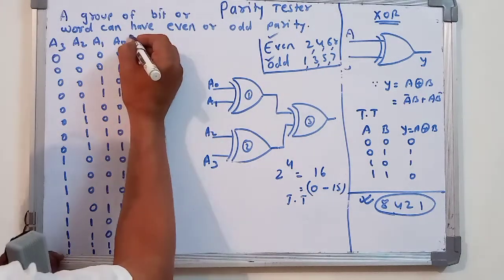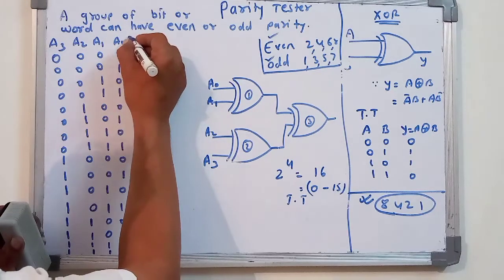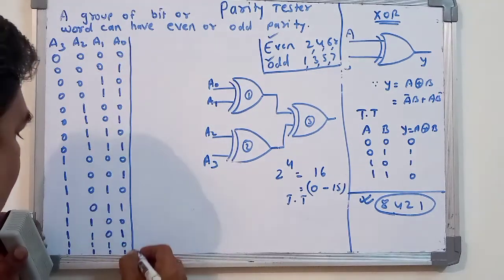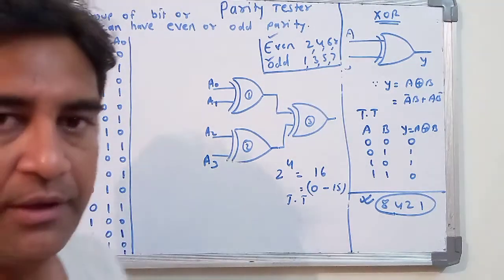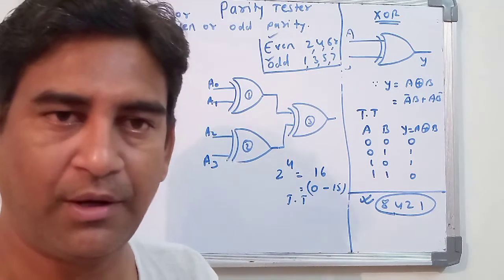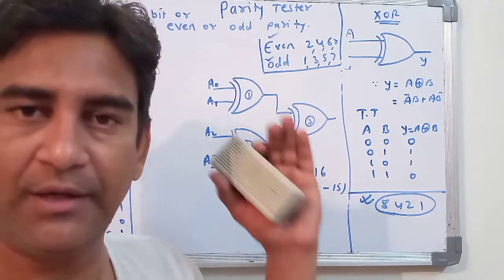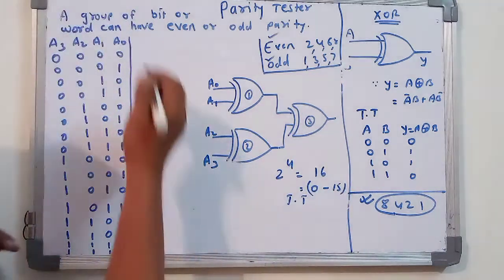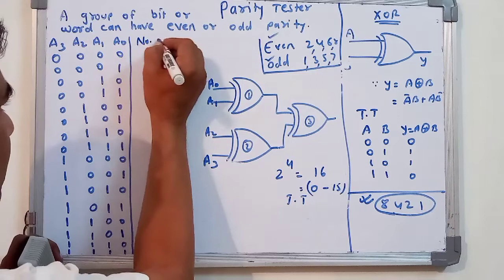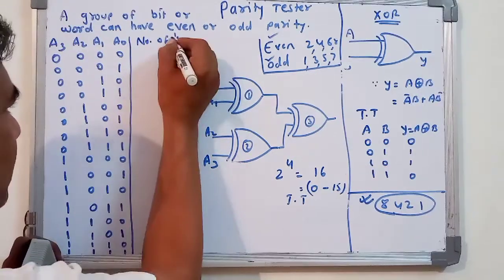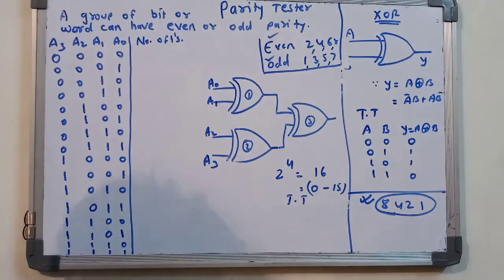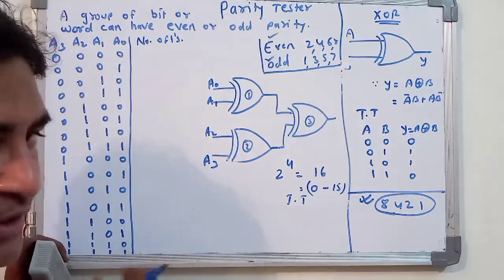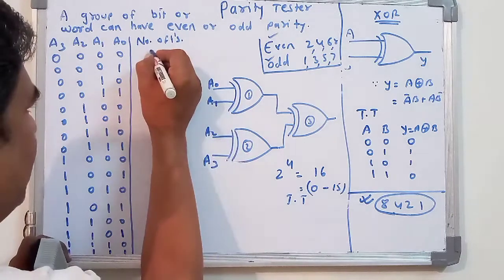Now you have to mark down the ones present in the table. How many ones are present? The whole topic depends on the number of ones present in the table. You just mark out 1 number, 2 number, 3 number, or 4 number. So you see here in the first, how many ones are present? There is no 1, so you may write down here a 0.